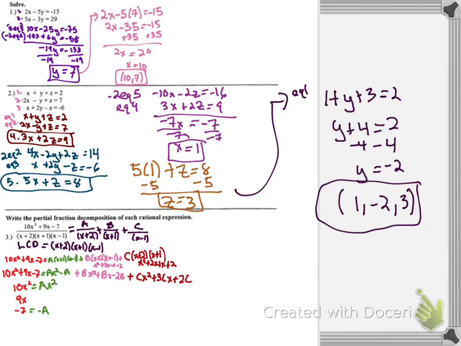Then we go on to the pink section. I have plus bx squared, equals bx minus 2b. And then our last group is the c section. And I have, let's erase that, cx squared